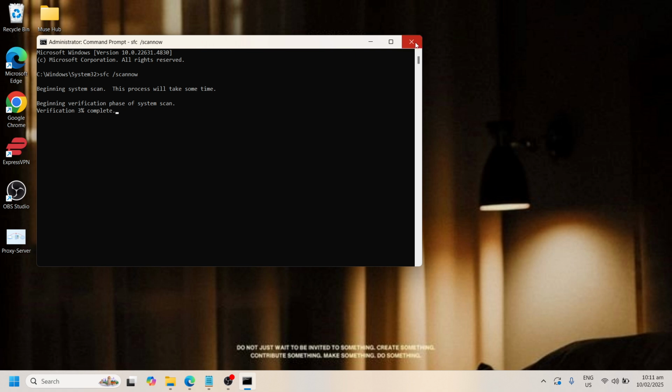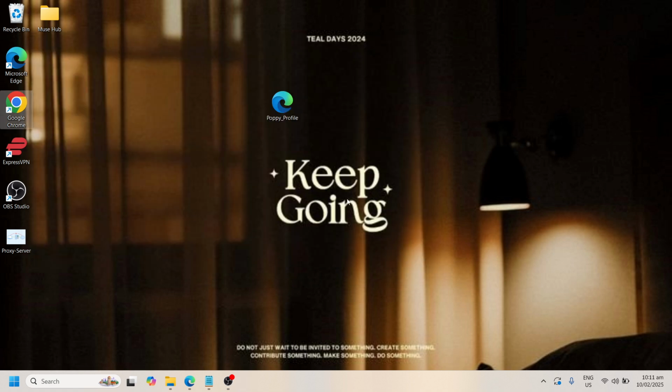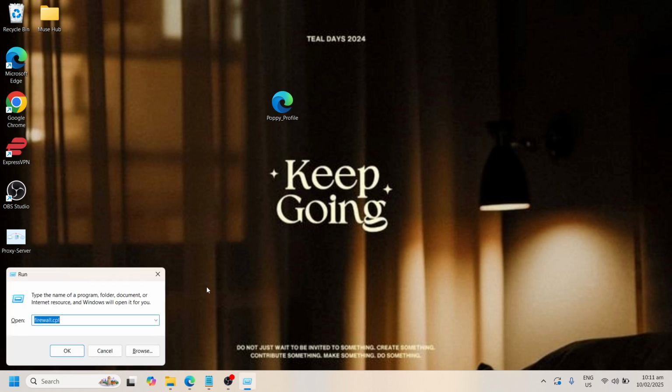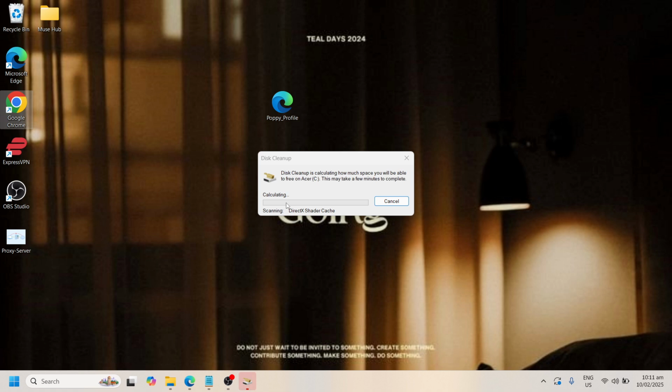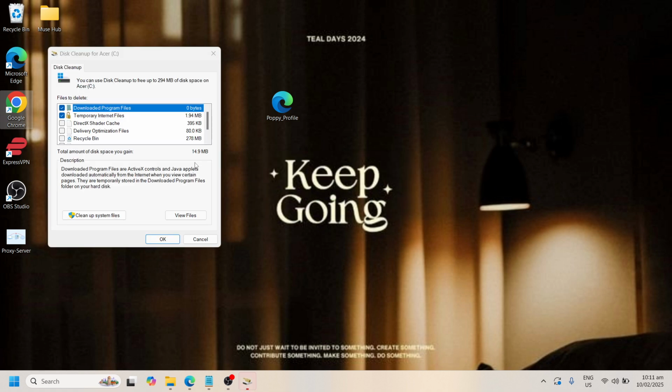And once you restarted your computer, let's go to the next step, which is to press Windows and R key together, then type cleanmgr, then click on OK. Okay, once you click OK, this new window will appear, and under this, you can see junk files